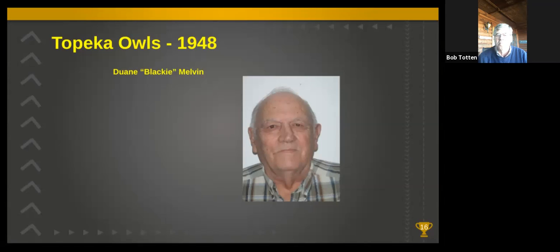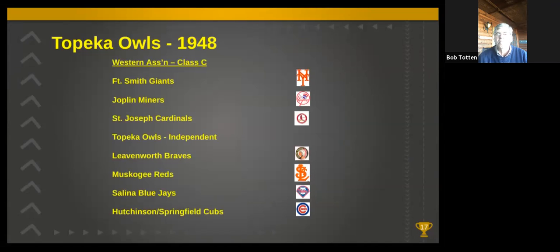The Owls finished 4th in the league standings, earning them a spot in the Shaughnessy Playoffs. And Shaughnessy Playoffs were common in minor league baseball. Teams would play at the end of the regular schedule. The top 4 teams would have a set of playoffs, and those were called the Shaughnessy Playoffs.